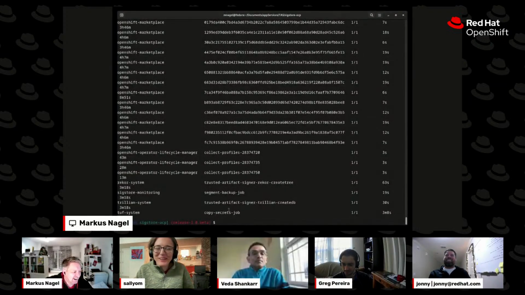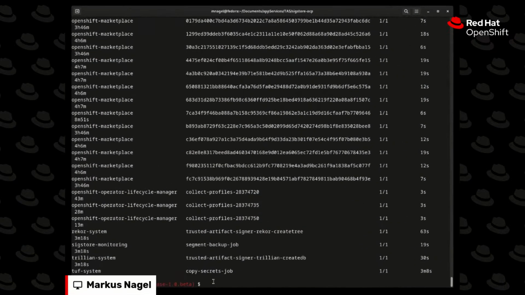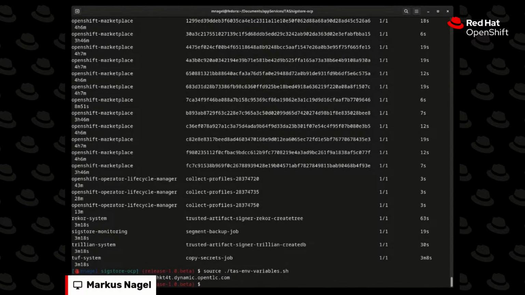There's a whole bunch of environment variables in order to configure your Cosign to work with your stack. By default, if you pull down Cosign from upstream, I think it's configured to work against the public good instance. So you have to initialize it against your stack, and he can show that.